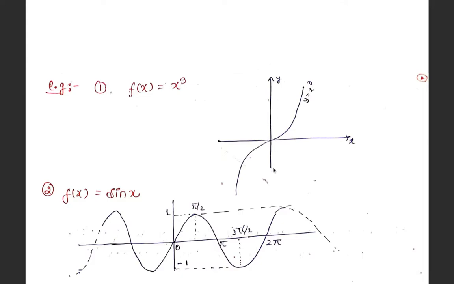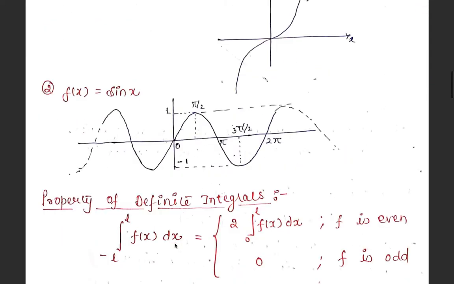And this is the graph of this function, and clearly I can see that this graph is symmetric about origin. Please note that the graph of an even function is always symmetric about y-axis, but the graph of an odd function is always symmetric about origin. Next, we have the graph of sine function, which I have plotted here. Here also you can see that this graph is not symmetric about y-axis, but it is symmetric about the origin, because sine is an odd function and odd functions are always symmetric about origin.